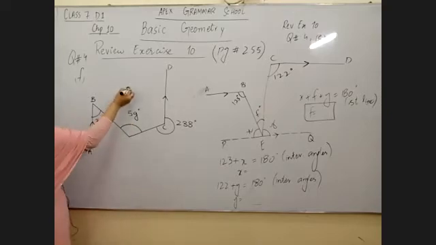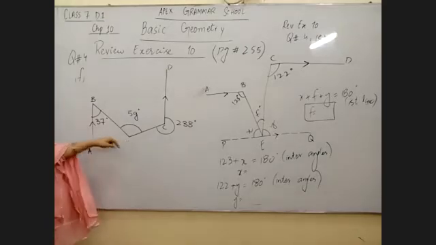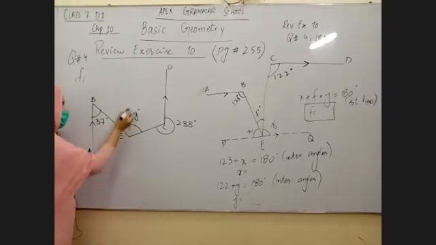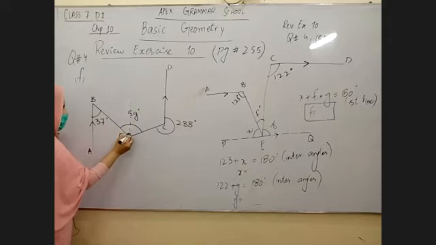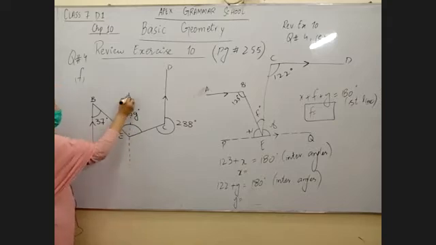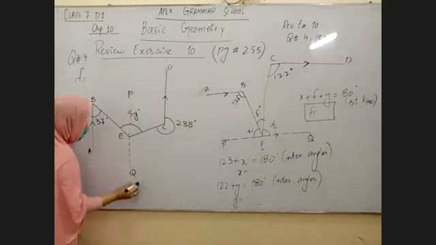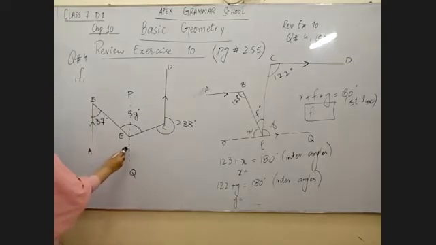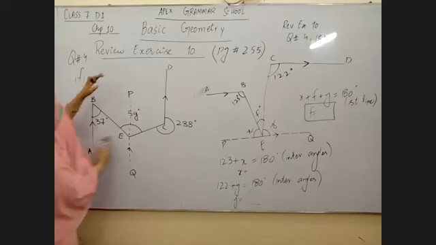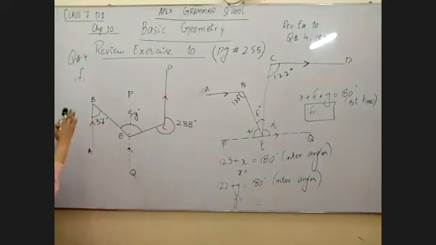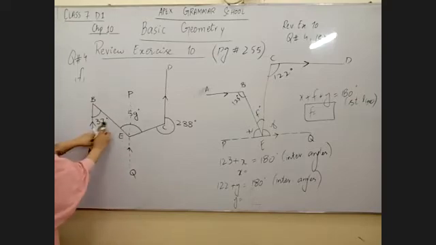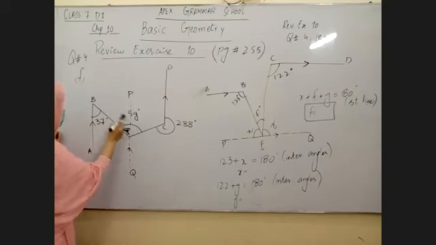Okay, now I'm going to draw a parallel line. This point is E. I'm going to draw a parallel line at point E. जब हम खुद से कोई line draw करते हैं, so it should be dotted. तो मैंने एक parallel line draw की है PQ, which is parallel to AB and CD both. So now there are three parallel lines, AB, PQ and CD. Vertically opposite angles are same, so this one will be 37 degrees.